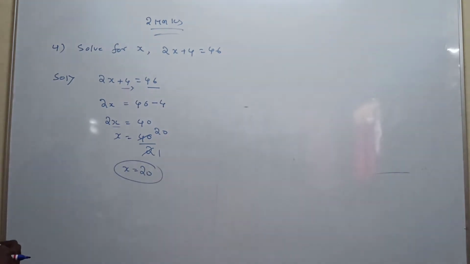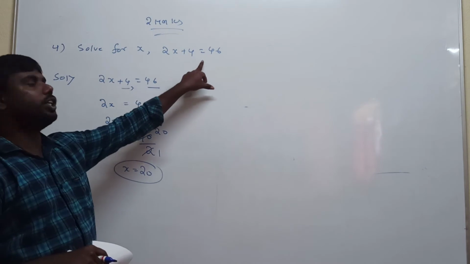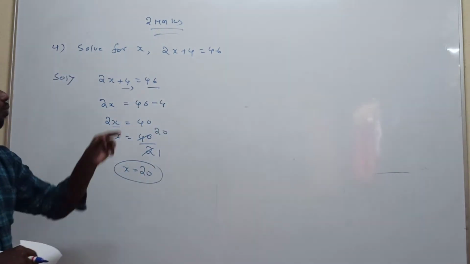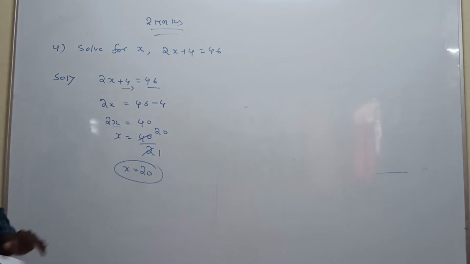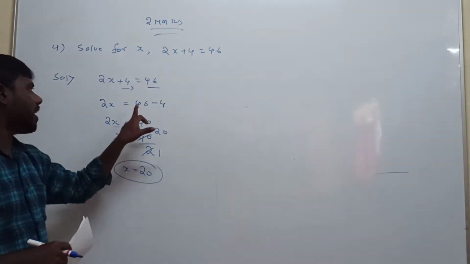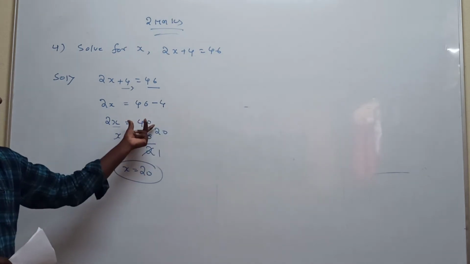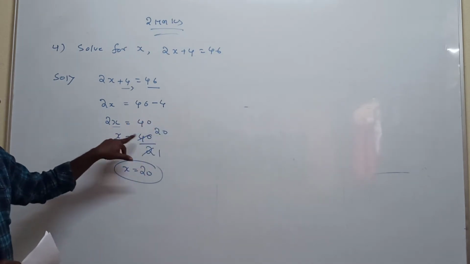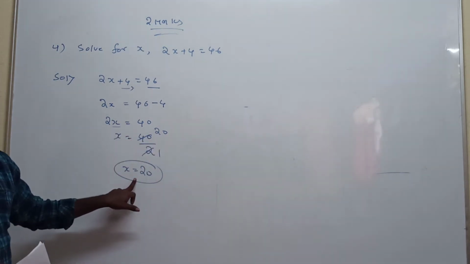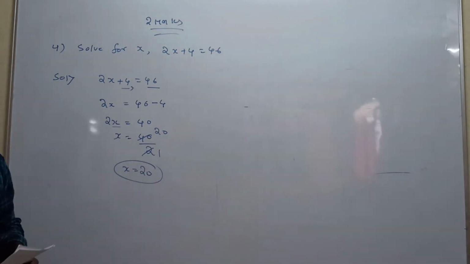So what is the given equation? 2x plus 4 is equal to 46, to calculate the x value. This is right. Plus 4 is a constant value. Plus 4 take that side, minus 4 you get. Plus 46 minus 4 value is plus 40. Next to 2, send it to the denominator. 2 ones are 20. So what is the x value now? x is equal to 20. So everyone understood? It's clear. The next question.